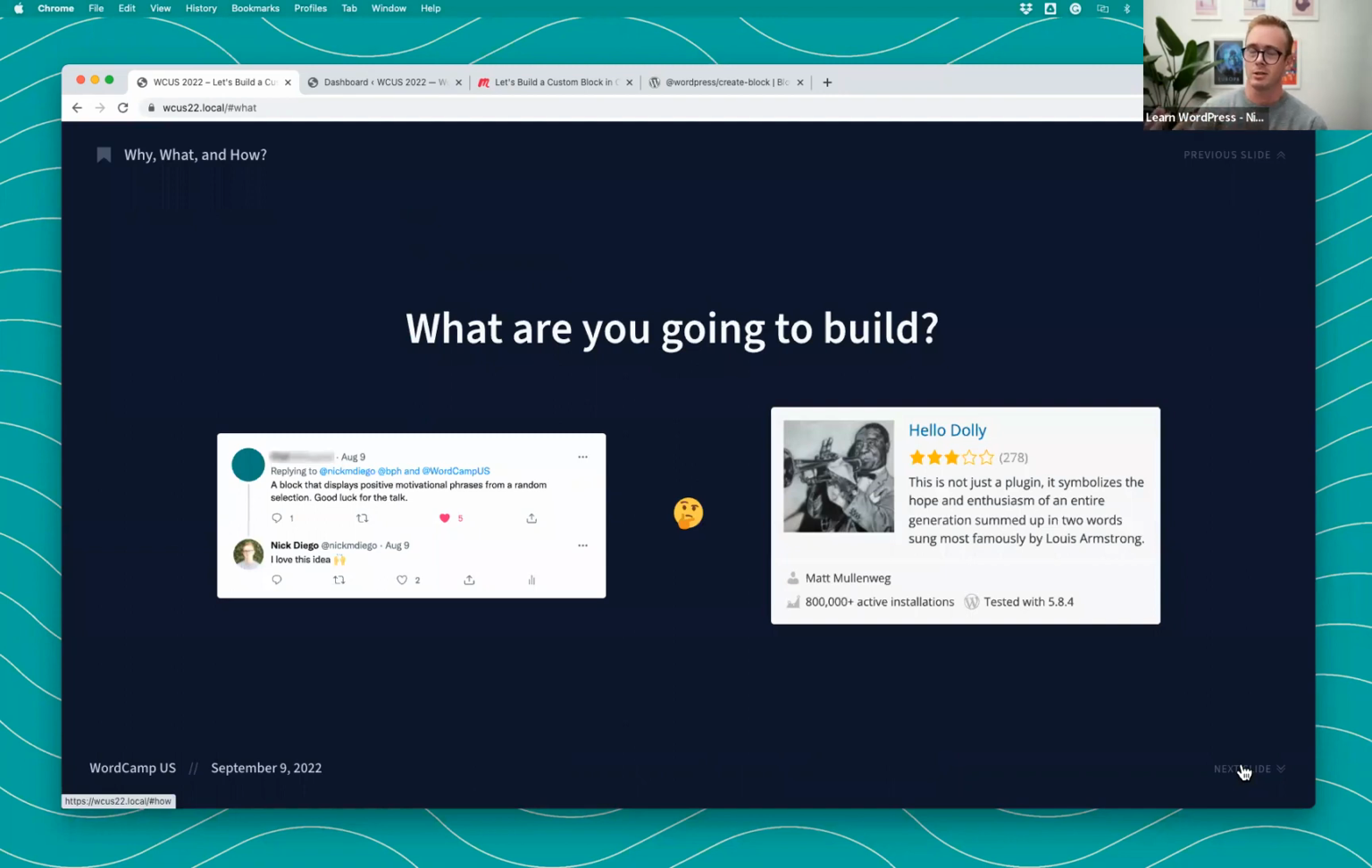So if I'm going to do a talk or a workshop, you need to have an example, right? I put this out on Twitter, and I got a lot of great suggestions that would never be possible to do in such a short period of time. But one of them stood out to me: a block that would randomly generate a motivational phrase. And this really got me thinking about the Hello Dolly block, or sorry, not block, Hello Dolly plugin that